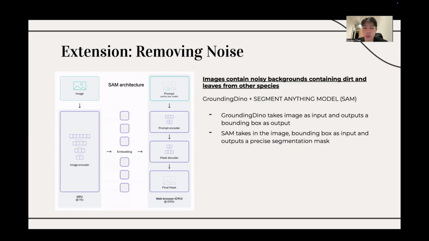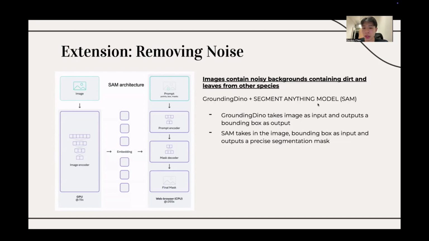In the next few slides, we'll discuss an extension to our preprocessing, and it is a technique for removing noise from our images. A recurring problem in the dataset is that a lot of images contain noisy backgrounds, and these noisy backgrounds contain dirt and potentially leaves from other species, which would actually affect the classification of the subject of the image. And so to tackle this problem, we're using a combination of Grounding DINO as well as